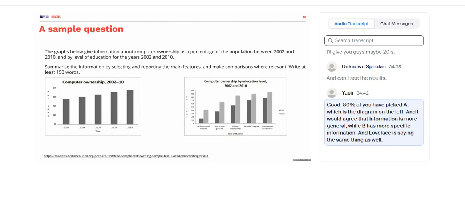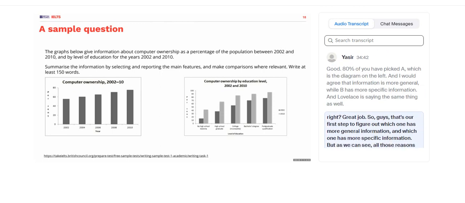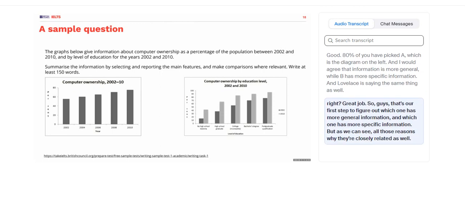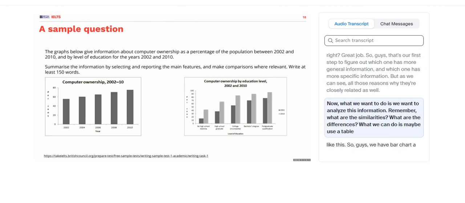And Lovelace is saying the same thing as well. Right? Great job. So guys, that's our first step: to figure out which one has more general information and which one has more specific information. But as we can see, there are also reasons why they're closely related. Now what we want to do is analyze this information. Remember, what are the similarities? What are the differences? What we can do is maybe use a table